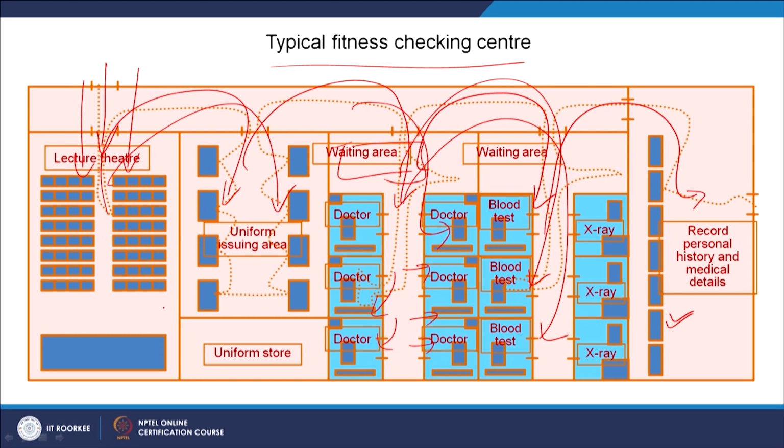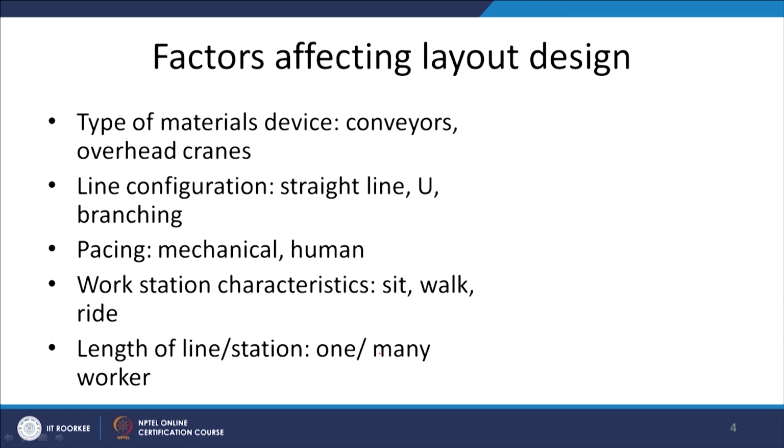So, here if we see the facilities, there is a particular way in which they have been arranged, and the candidates or the customers will be moving in a particular direction. This is the case where things have been done in a particular sequence with regard to the movement of the candidates. Although here we can see all the doctors are sitting. So, this is also a kind of product layout where similar facilities are arranged at one place. So, it is a combination of both.